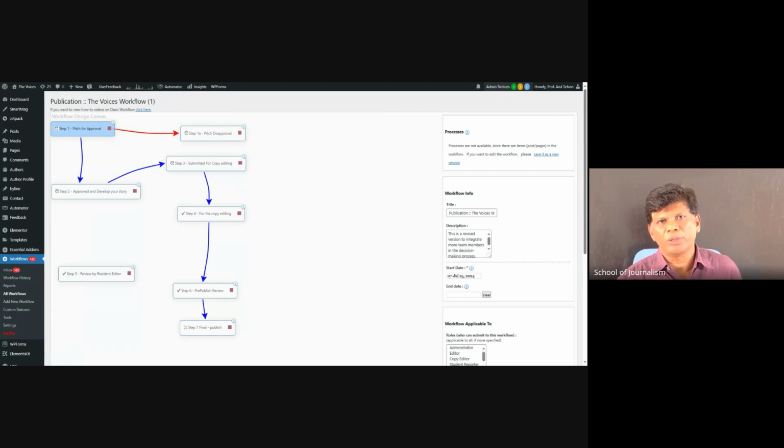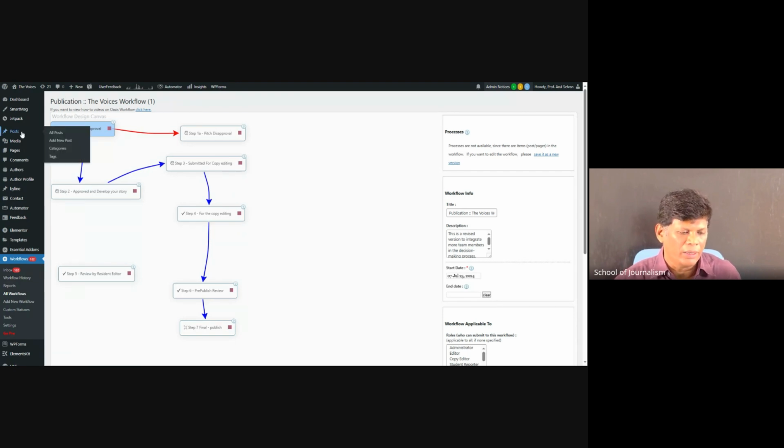At the second level, the story goes for draft, copy editing. During copy editing, if the copy editor finds an issue or some disturbing point, then the story draft comes back to the student. But that time you can edit the story. Whatever suggestions are given, edit it and resubmit it. It goes for copy editing again and review and then goes for publication. So this is the entire workflow. This is how the team works.